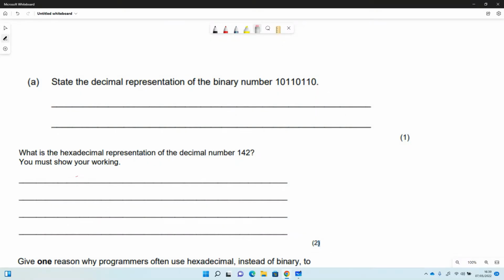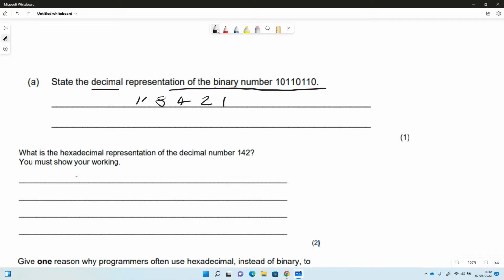So these are some binary questions, data representation. So we've got a selection here. The first one we're going to look at is representing the binary number 10110110 in decimal. So the first thing that I'm going to do is write down my binary positions, and hopefully